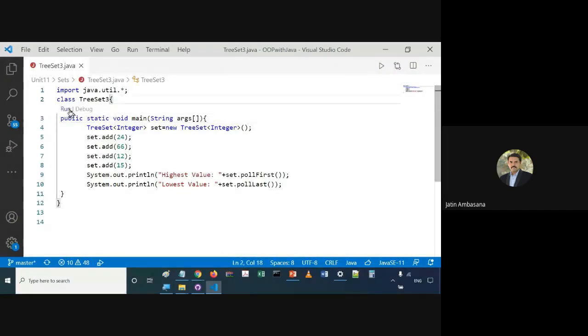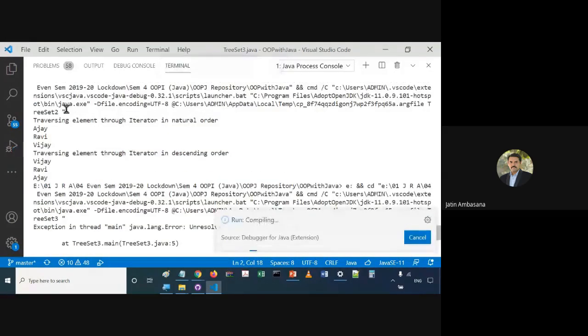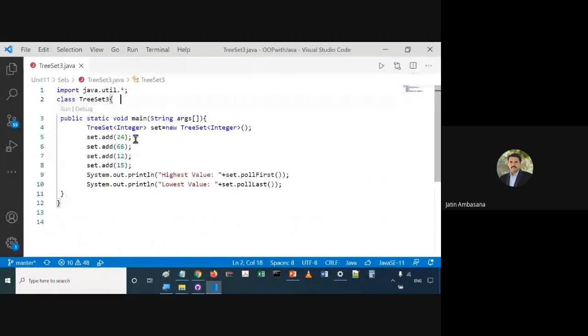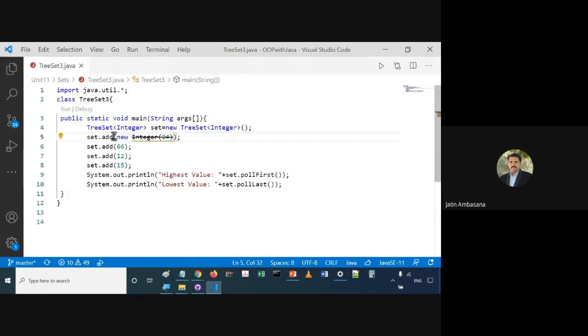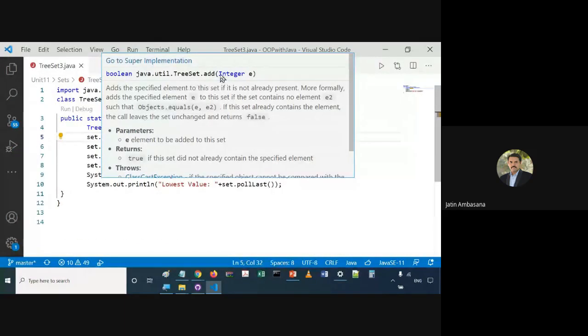you can see what is the issue over here. It can add integer, but why is it not adding it?